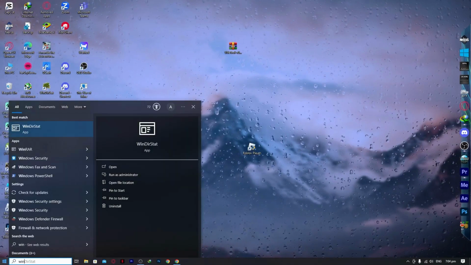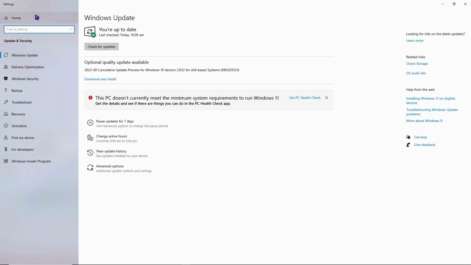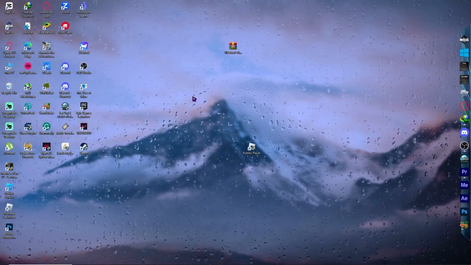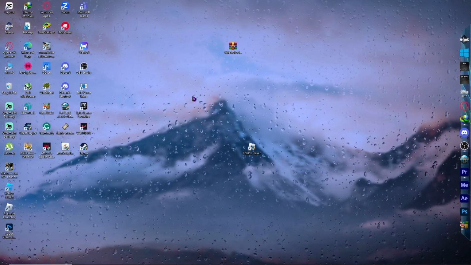So we're gonna type in Windows Update, or just update right here on the start menu, and from here click check for updates, or you can just go to the settings and then type here update, and you'll be right here. It's just the same. And as you can see right now, I'm up to date right here. So if you have a lot of updates available and it says right here that you need to update, then you should update your computer, because you might be experiencing this problem because your computer is outdated. And now, after you have successfully updated or checked if your computer is updated, then you can see if the problem has been solved. And if not, then we can proceed to the next one, which is to uninstall and